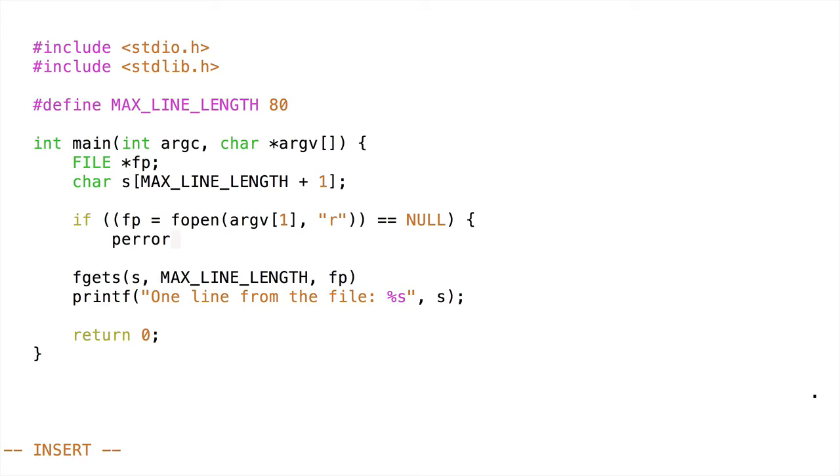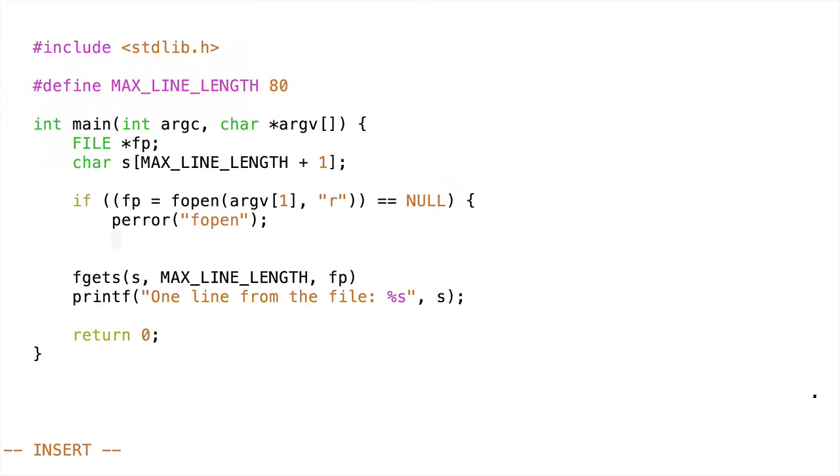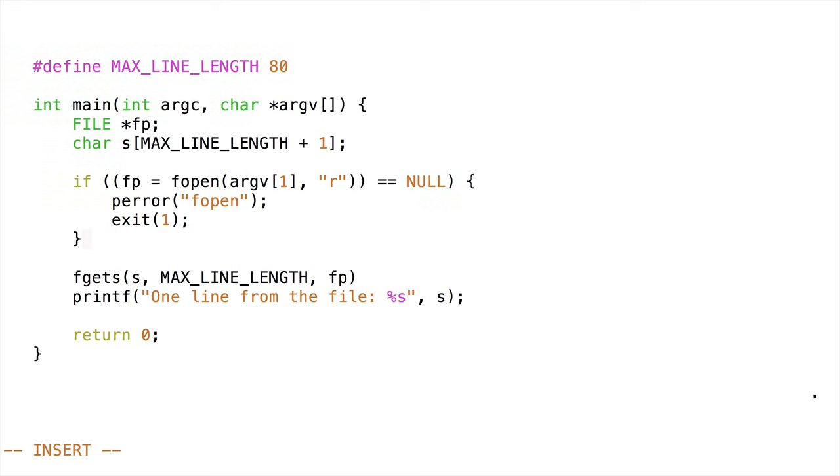First, we'll add error checking to fopen. In this case, it makes sense to use perror, since fopen will set errno if it fails. Then we add a call to exit. We use exit rather than simply returning since we want the program to terminate. In the case of an error in main, a return will usually terminate the program, but it's a good habit to use exit since errors you detect in other functions won't terminate the program if you simply return rather than